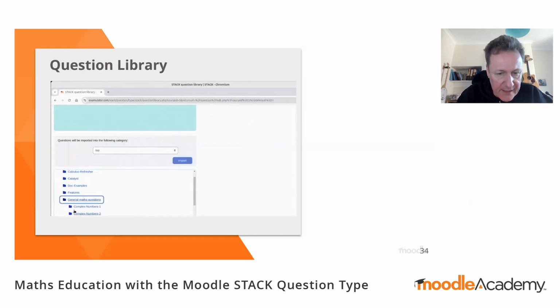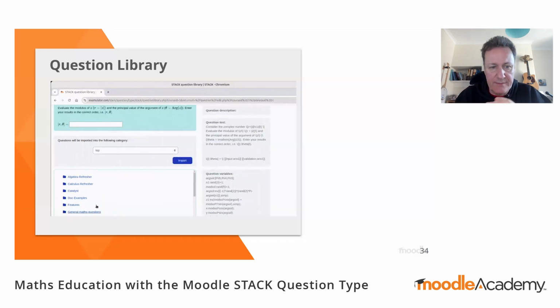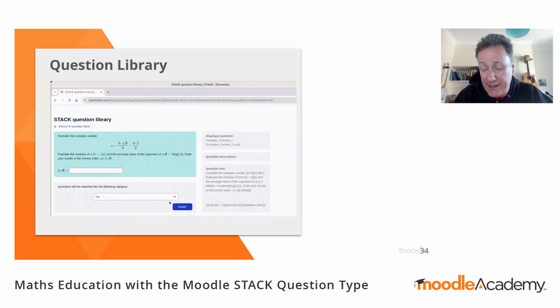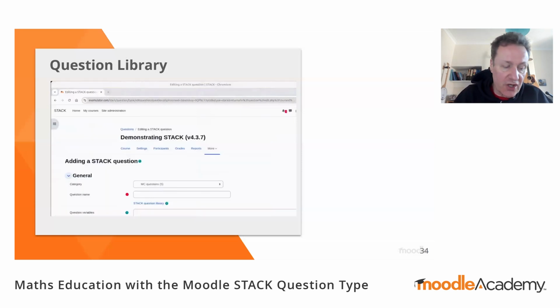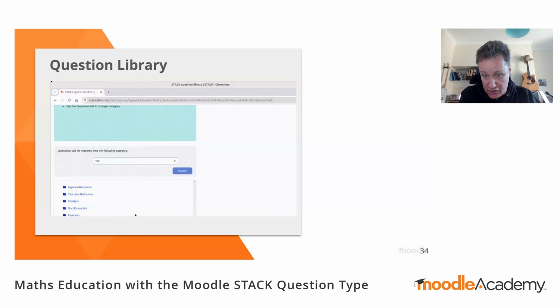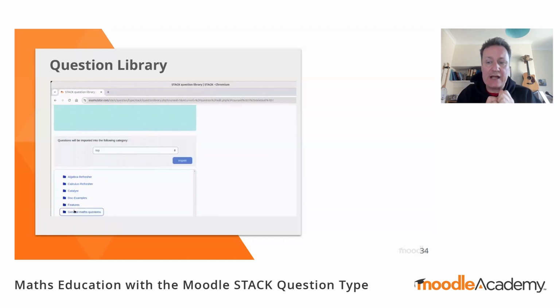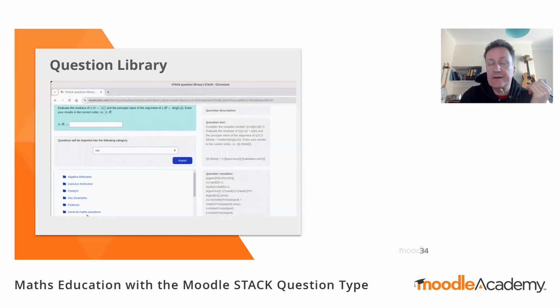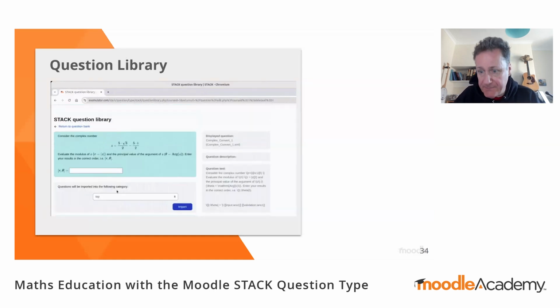Okay. Now, this is a feature. I was exchanging messages with a maintainer of Stack last night, and I said, what's the number one feature that I should emphasize today? And he said, well, it's not a new feature for the version that came out yesterday, but it is a standout feature for the versions that have been released in the last year. And they call it the question library. And I think this would be a great feature to have in some of the other complex question types, such